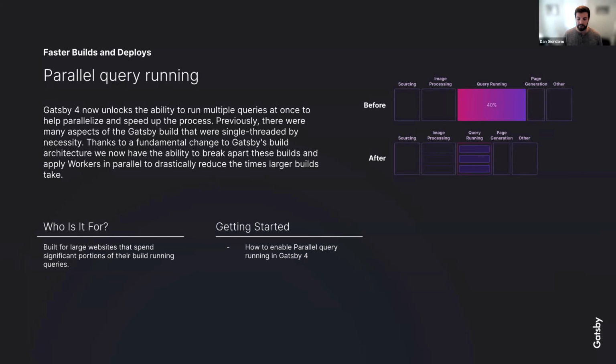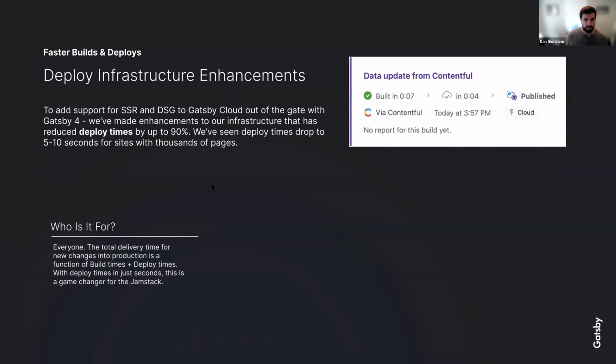So it's a huge step on the build side for speed, and it's a journey for us to continue to multi-thread different aspects of the build.